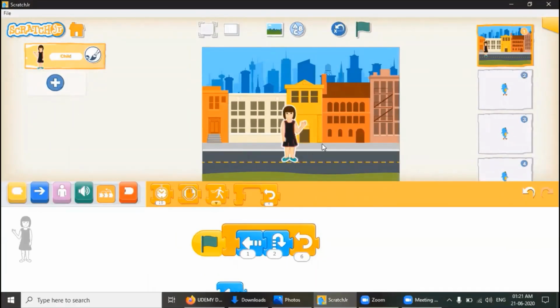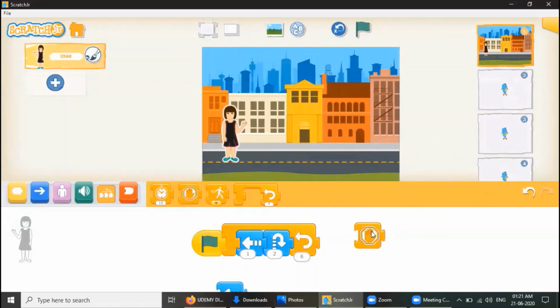Now if I want to stop the character while it is in motion, I will use the second button and I will place it separately in the programming area. You can understand its effect only when you place it separately. Now to start the program, I click on the green flag, and if I want to stop the character, I'll simply click on the stop. So it will stop its motion. To understand the effect of this button, it is necessary that the character should be in motion.